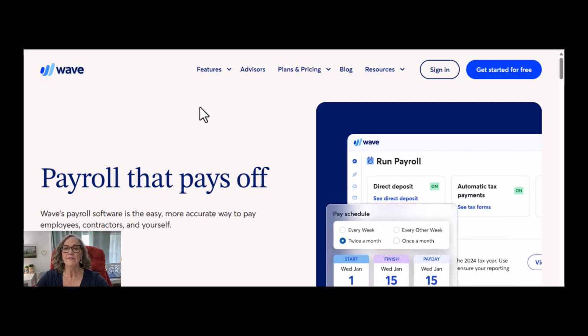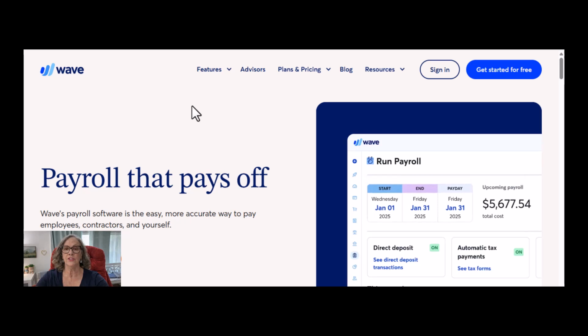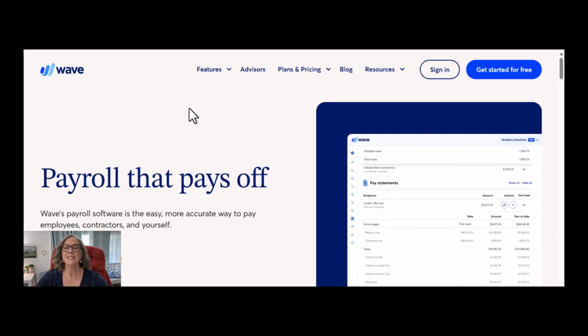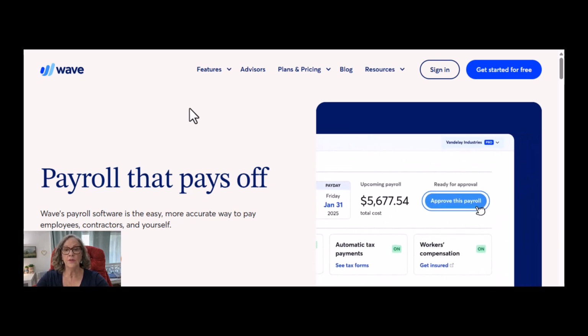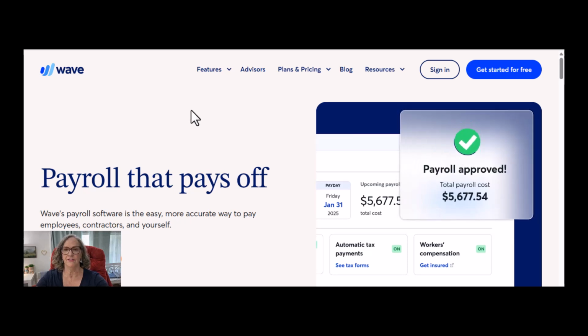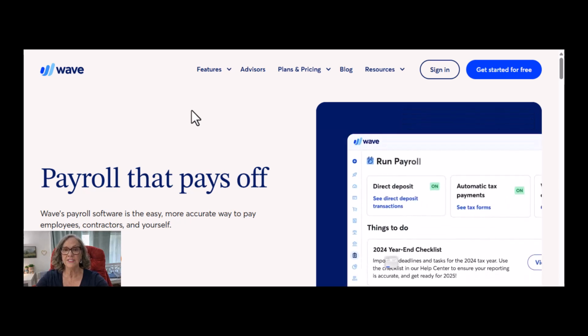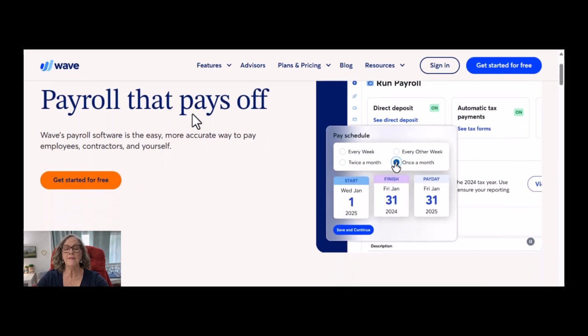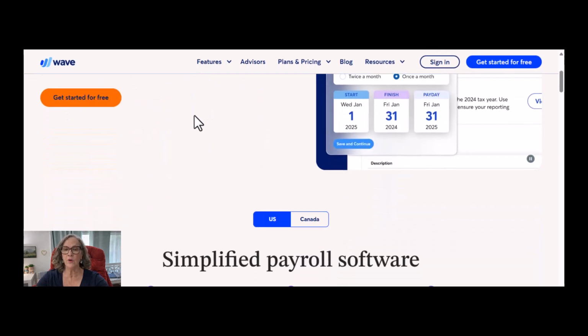Running payroll for the first time as a small business owner feels less like celebrating growth and more like handling a live explosive device. The primary fear isn't just making a mistake, it's the sheer anxiety of an unexpected IRS tax penalty, an angry employee holding an incorrect paycheck, or a botched tax filing that costs thousands of dollars to